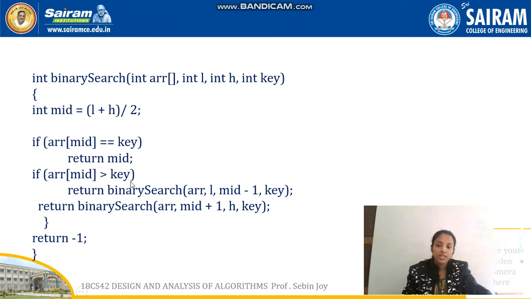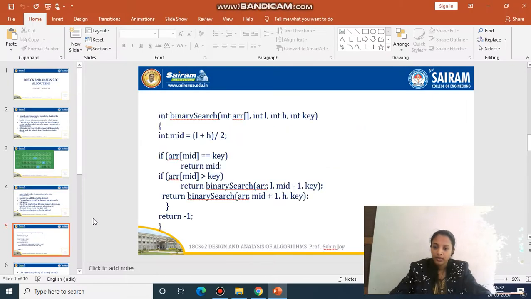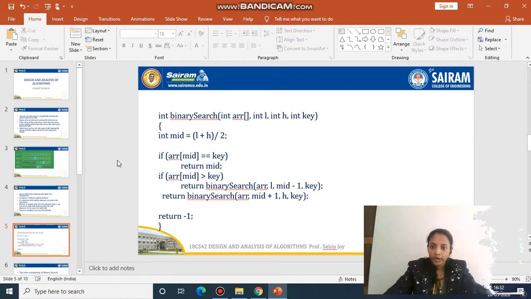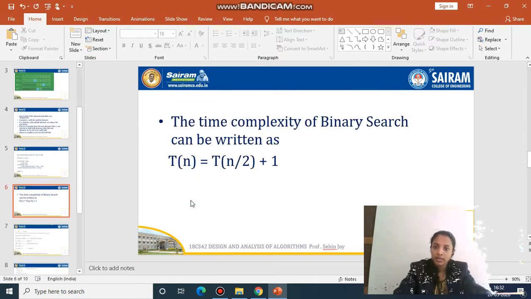If all these conditions fail, meaning what? It will come outside here, right? Okay. One change I have to do here. See, this closing bracket is extra. Okay. So what do you have to do in this? Return minus 1. So I'll be returning the minus 1 value here if all three conditions fail. So this is the way binary search works.